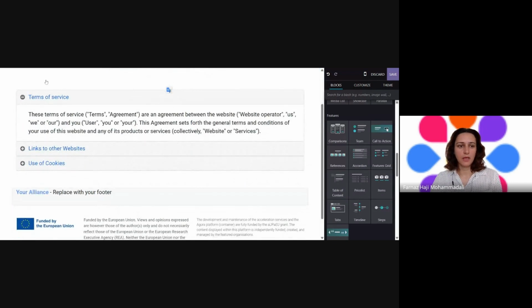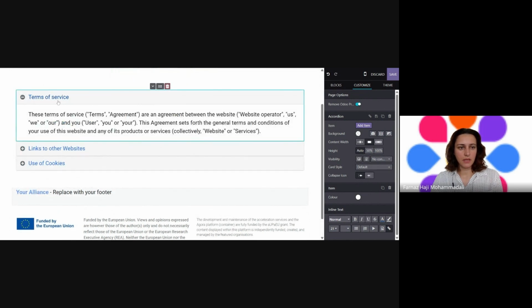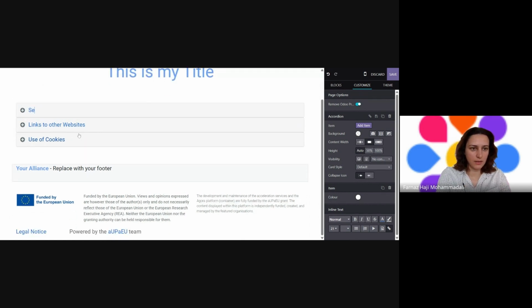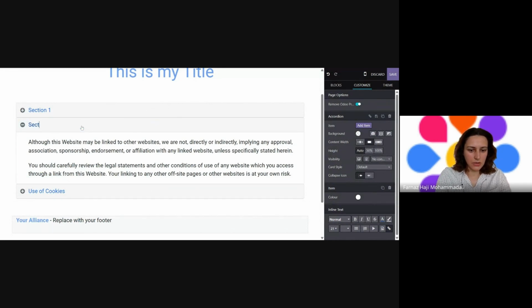You have this accordion that you can add text to, and all the pages are closed, so you can choose that. For example, we can modify this. I'm gonna say section 1, and then section 2 and 3,